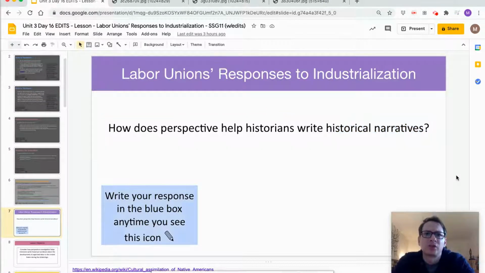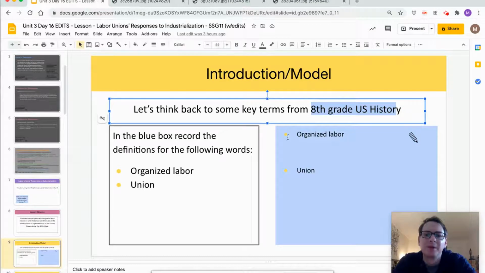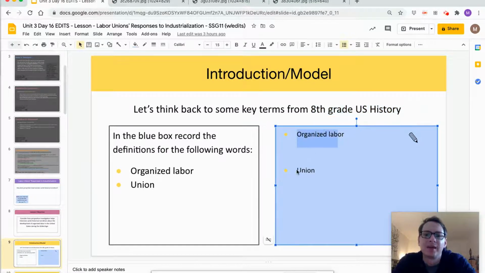This lesson starts off asking you to recollect two terms that are very important to this lesson, but you may not have thought about them in quite some time. Those words are organized labor and union. And there are two things I would do to jog the memory of my own students. First, I would show them this photograph